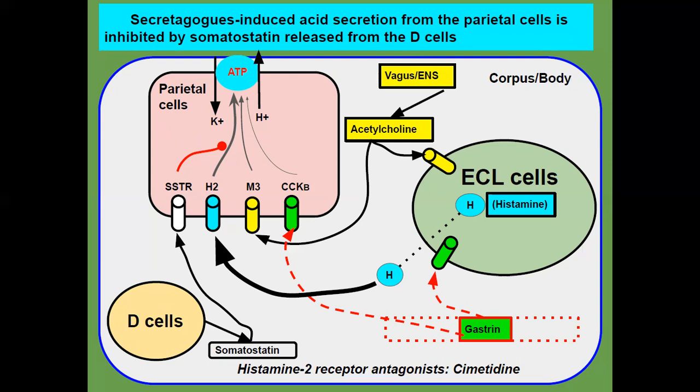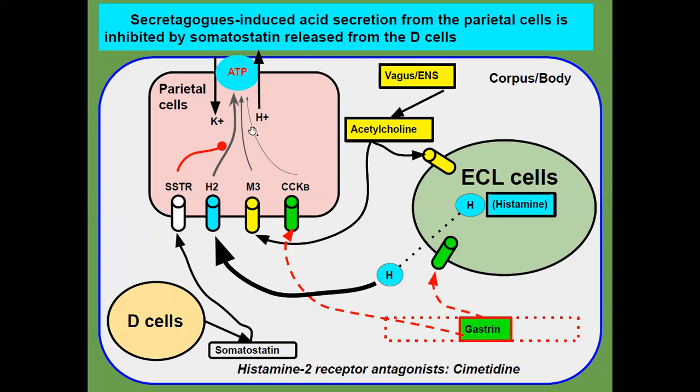So, again, in some circumstances the D cell will be activated and release somatostatin, which binds receptors on the parietal cells to inhibit histamine-induced acid secretion. That means the D cell has an inhibitory mechanism for down-regulation of parietal cells inducing